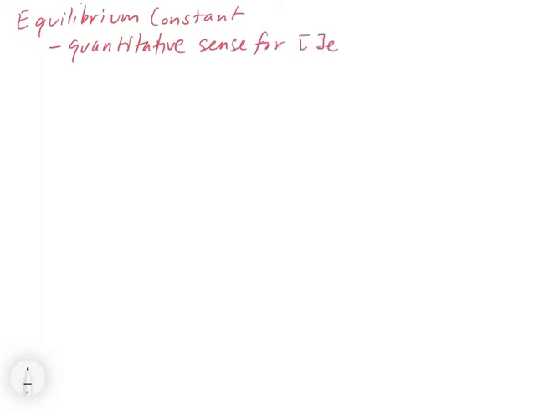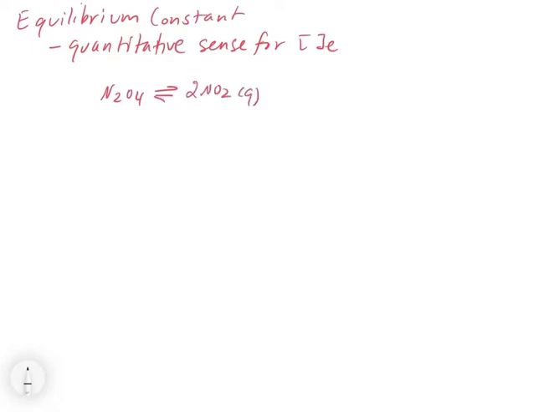The equilibrium constant is going to allow us to not only predict the relative amounts of products and reactants at equilibrium, but also to actually calculate the concentrations of products and reactants at equilibrium. So let's look at an example and see how we can define this idea of an equilibrium constant. If we take a simple equilibrium, like N2O4 in equilibrium with 2NO2,